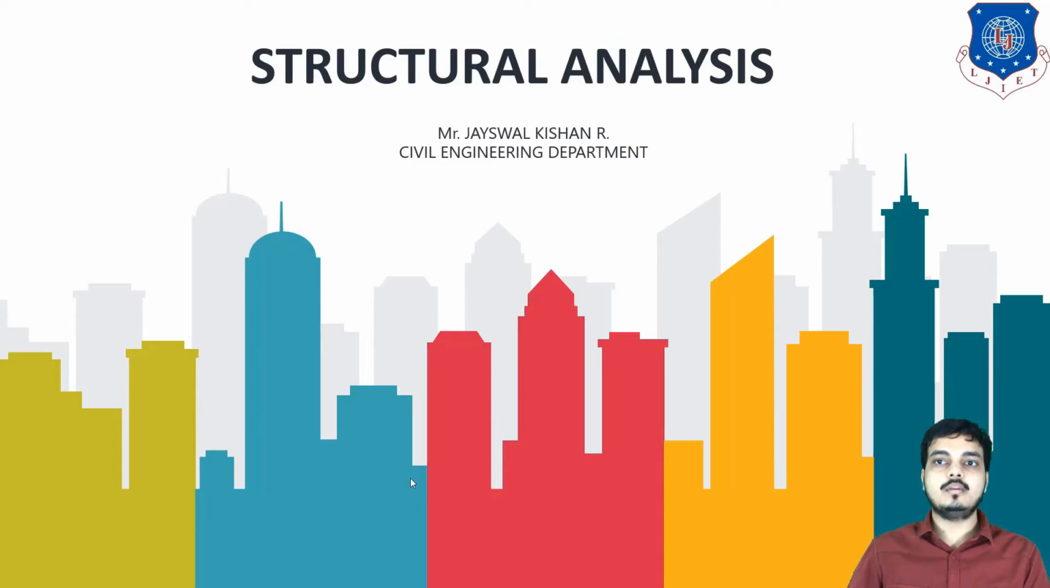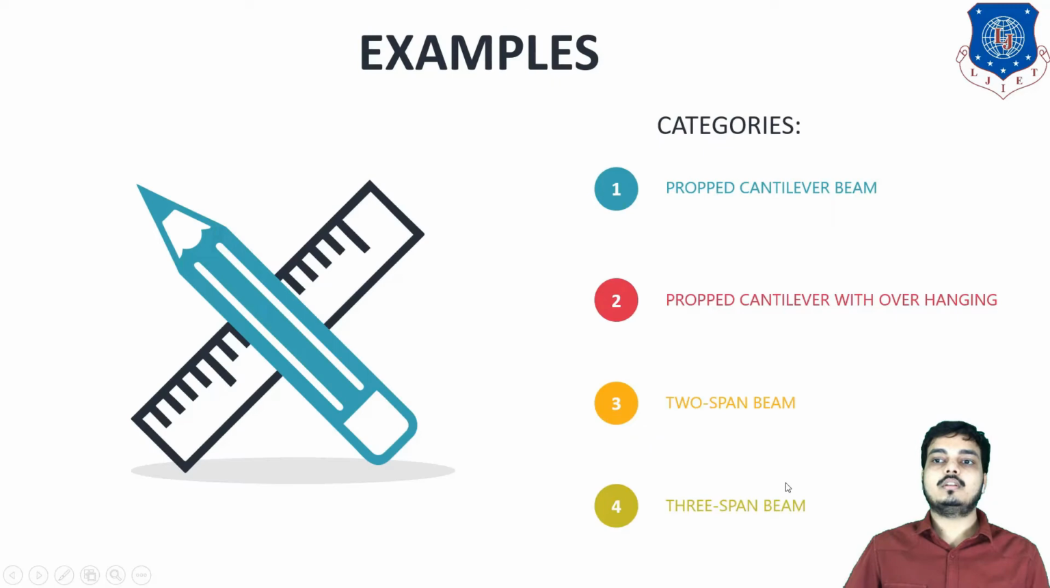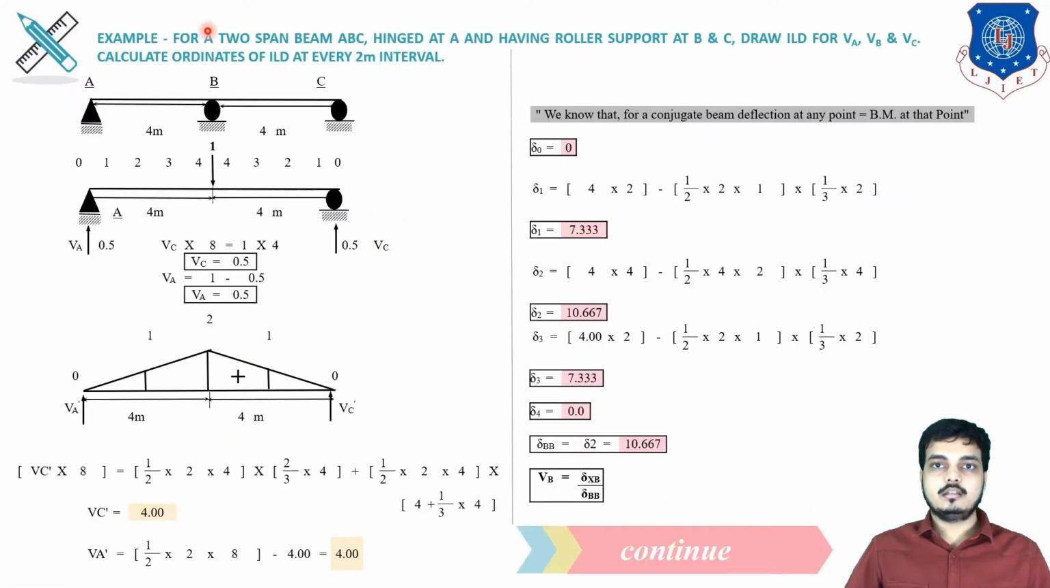Now in today's session we will be considering some examples. Today we will be considering a 3-span beam example. Before that, look, this was the 2-span beam which we did in the previous session. This is similar to that, in which